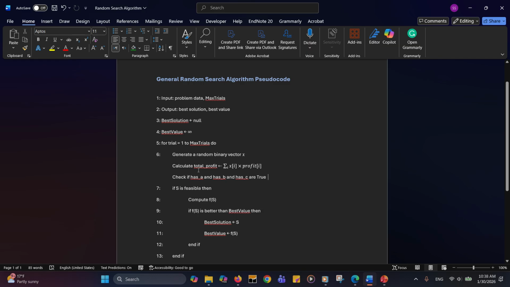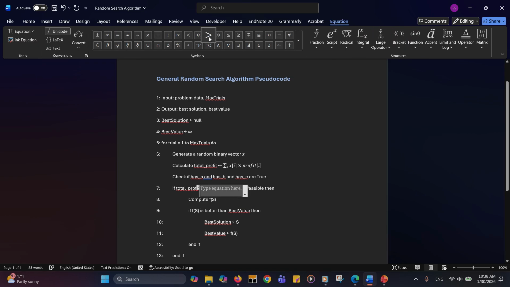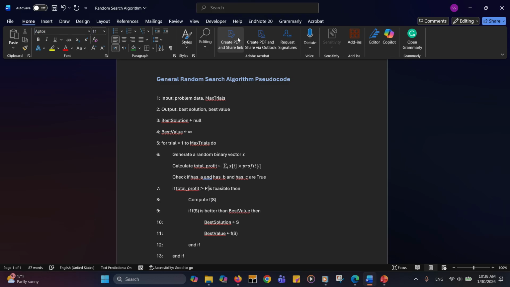Okay, so these are the two rules that we need to check. If both of them are satisfied, then we can say that X is feasible. So for checking that one, we can say if the total profit is greater than or equal to the capital P, and